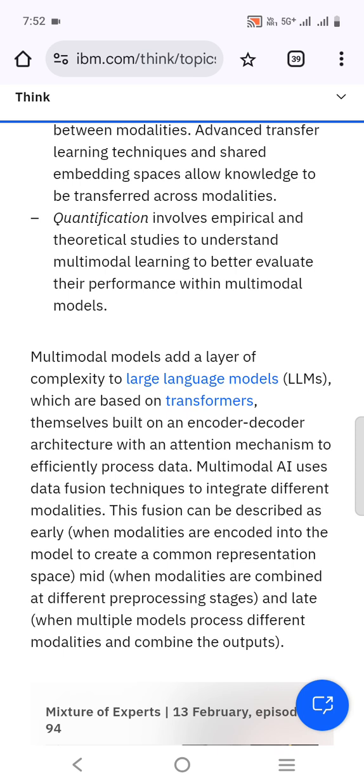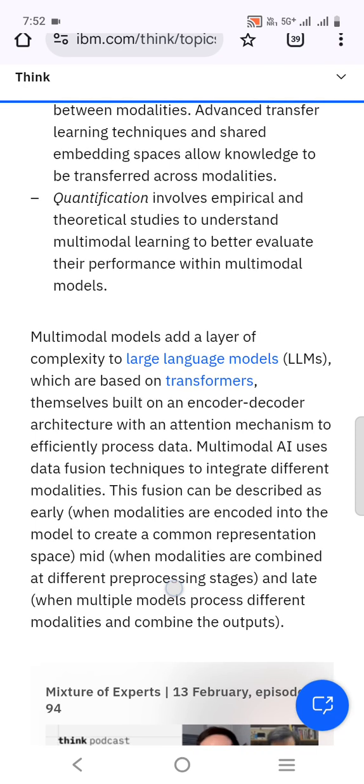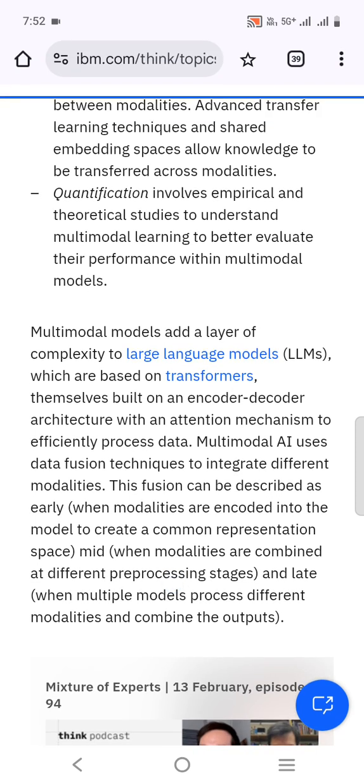This fusion can be described as early, when modalities are encoded into the model to create a common representation space; mid, when modalities are combined at different pre-processing stages; and late, when multiple models process different modalities and combine the output.